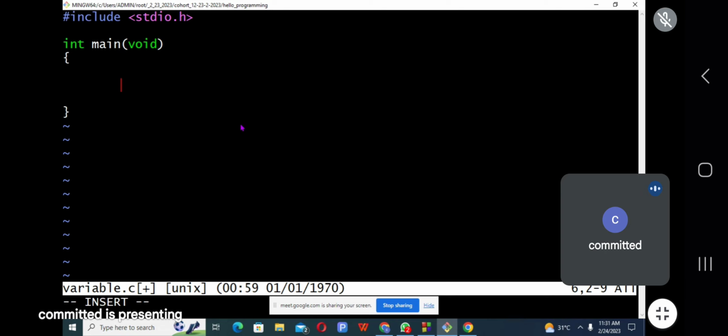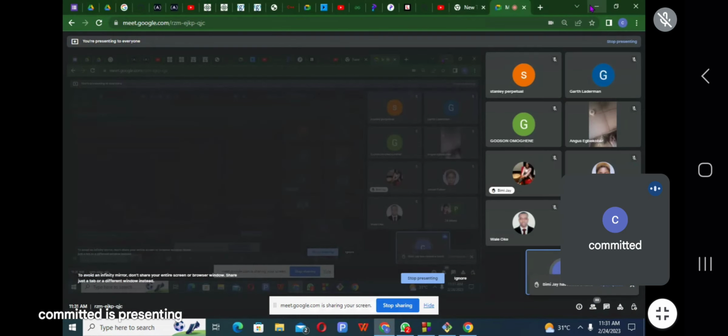So I'm going to cover the two. We have the data type and your variable name. Then you terminate it. This is how to declare a variable in the C programming language.